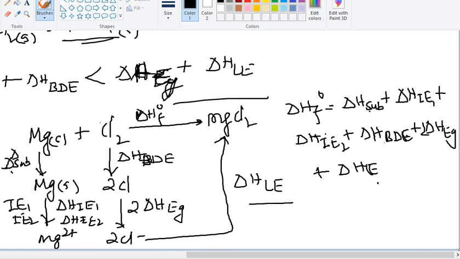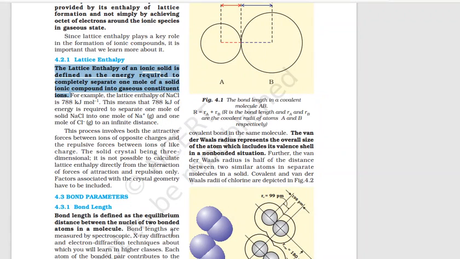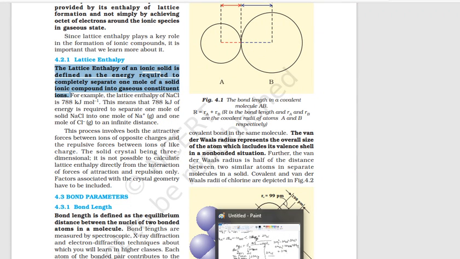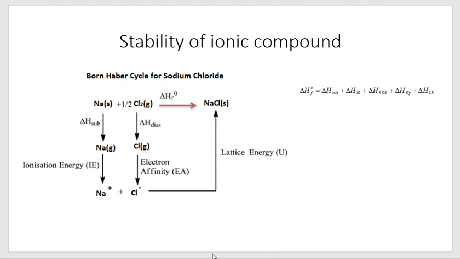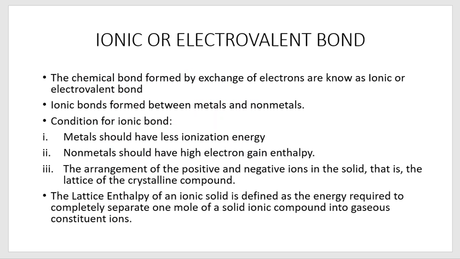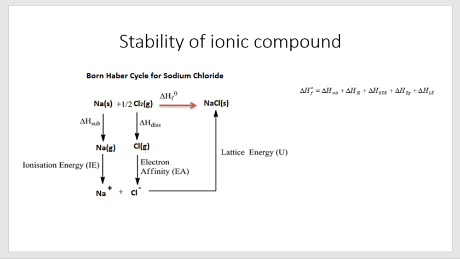So this is very important. In this way we can determine the stability of an ionic compound. So what is an ionic compound, what conditions are necessary for an ionic compound, how can we decide the stability of an ionic compound? I think it is very clear to you now, right? Please watch this, and then we will discuss the related doubts in the class. Thank you.